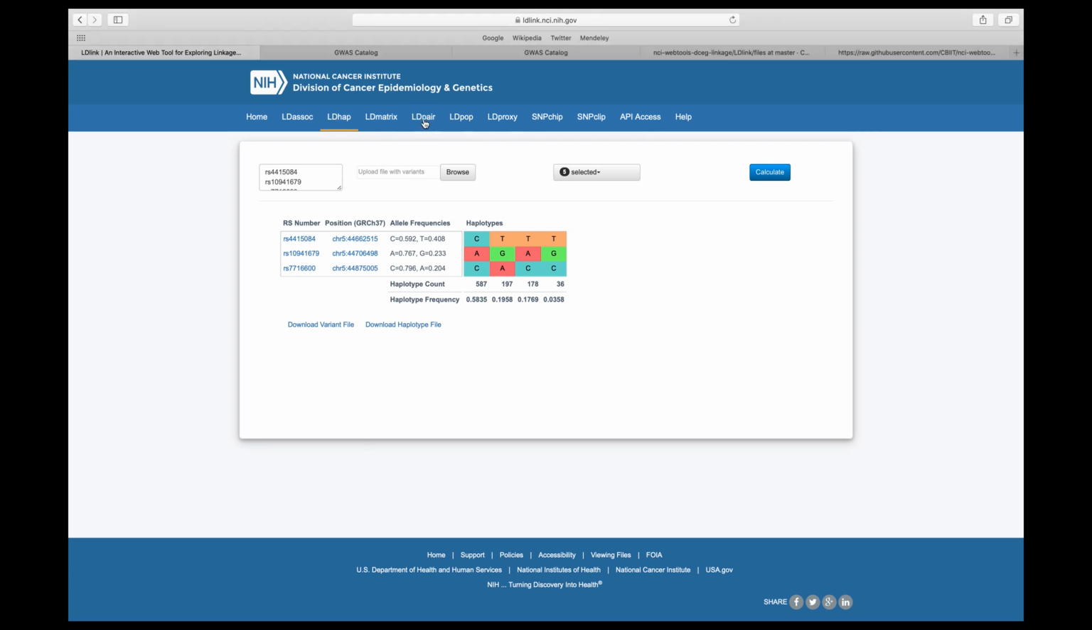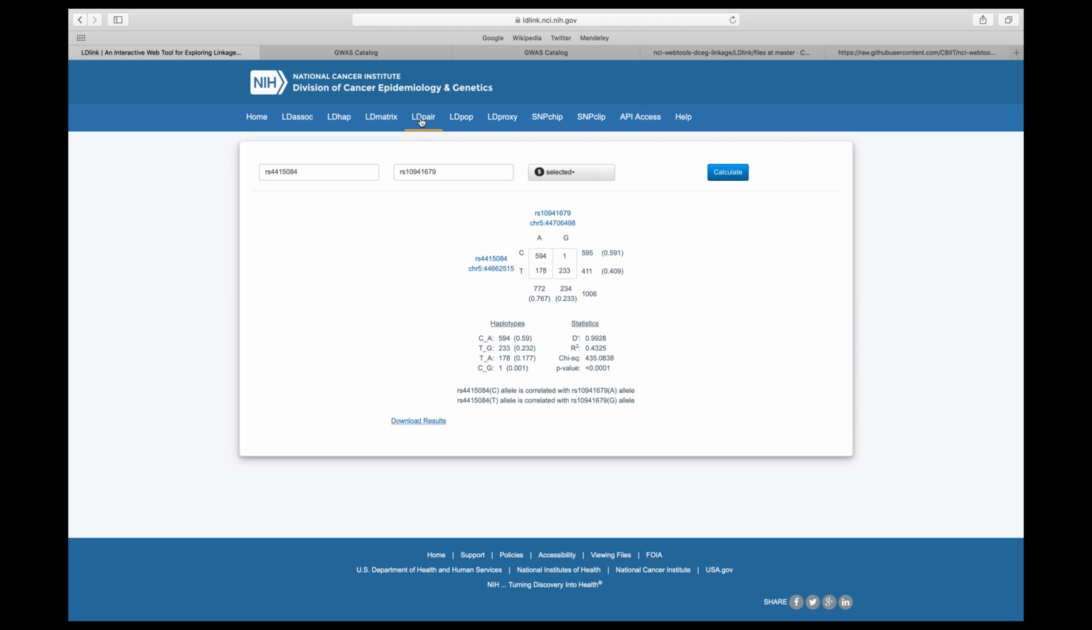For the next functionality, let's look at LD-Pair. LD-Pair is for investigating correlated alleles for a pair of variants in high LD. So you can input any 2 RS numbers and a population group. Here I inputted the 2 breast cancer associated SNPs. Much information is in this table so that you can observe the allele frequency for both of the SNPs and their linkage. One interesting phenomenon here is that the G allele of this 1094 SNP is mutually exclusive with the allele C of